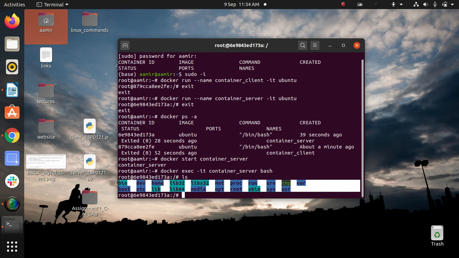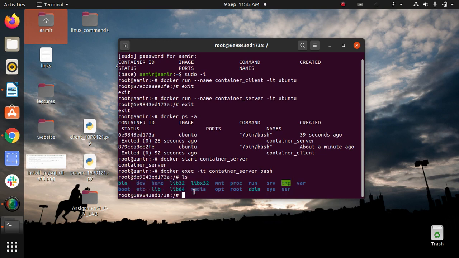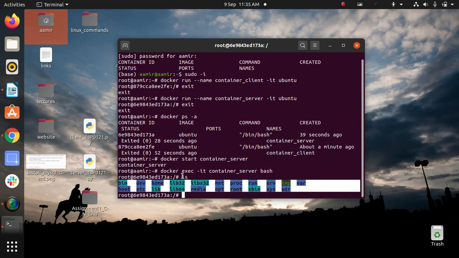You can consider this as another machine. This is another computer, a fresh computer having these files, and this machine is empty.